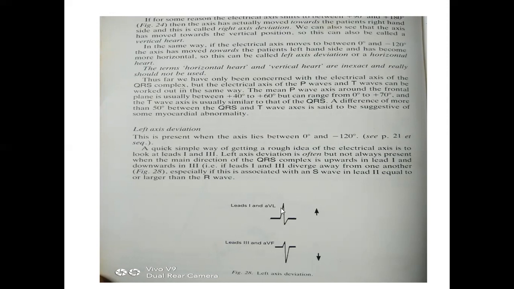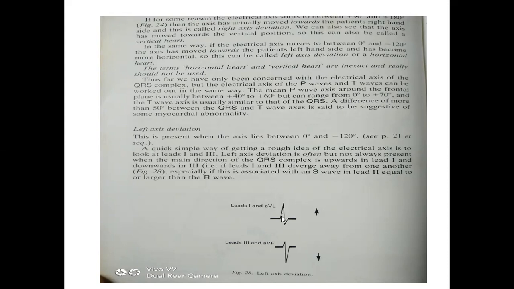So the rule in cardiology: lead 1 and lead 3, the R is leaving and the S is leaving. So they are going away from each other. Can you see the arrow mark here? This is going upwards and this is going downwards. So what is the word? Leaving. L for leaving, L for left. So this ECG is telling that this particular patient has a left axis deviation. Is it clear? Or you want me to repeat?